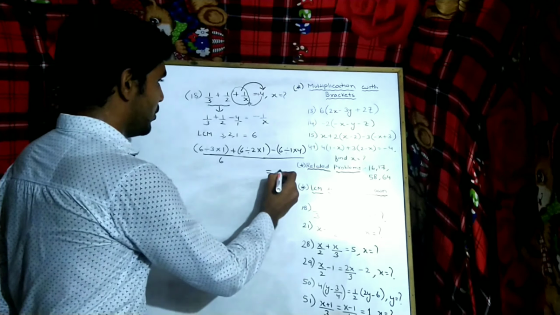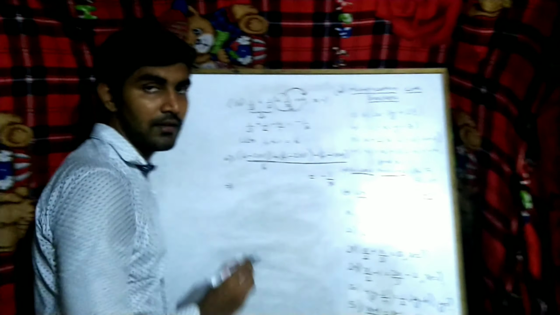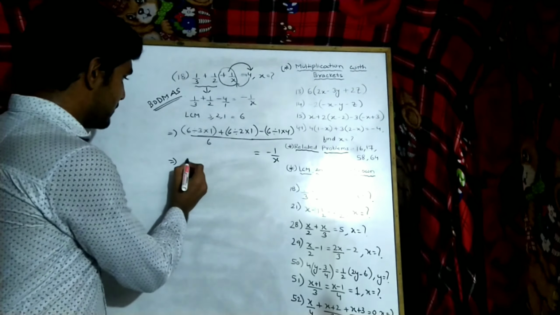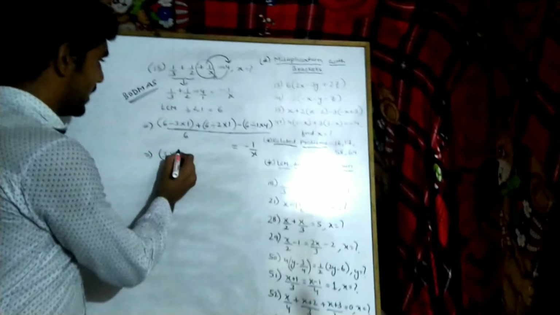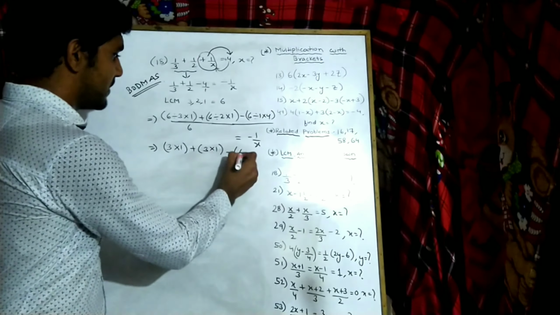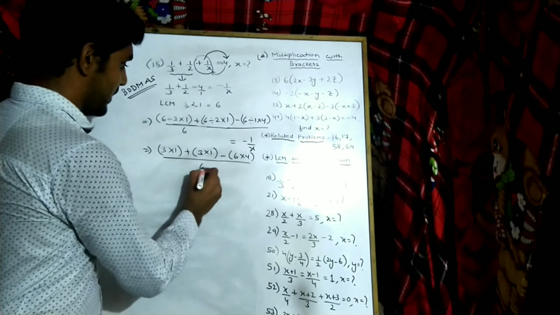Clear? Now solve. 6 divided by 1. We don't multiply this first, because of BODMAS. You know, you have to always use BODMAS. Okay. So first division will come. Okay. Then after multiplication is there. Clear? Now 6 divided by 3, it comes 2. 2 into 1. Okay. Plus 6 divided by 2, 3 into 1. Okay. Minus 6 divided by 1, 6 into 4 by 6 is equal to minus 1 by x.